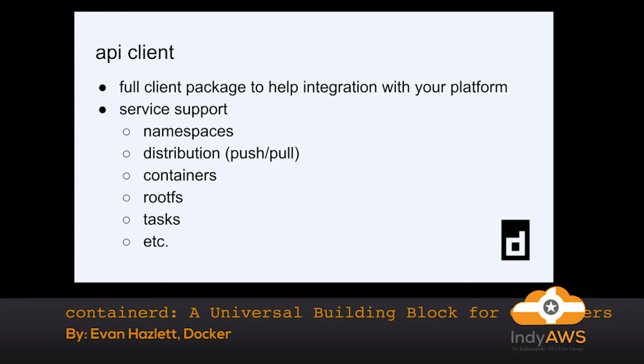Like I said, it's being used by Docker and Kubernetes. So all of the functionality you have there, you can do it through the API client. The CRI containerd project by Kubernetes, which uses containerd for the runtime, leverages the API client, I believe. So I think they did that pull request a few months ago. So it's extremely powerful. It gives you a full client package, so it does all of the things that we